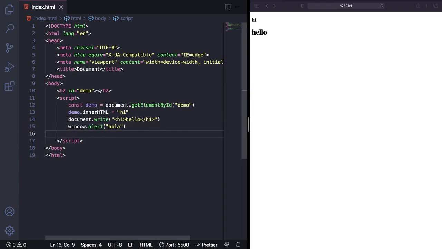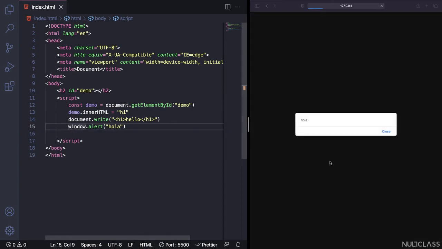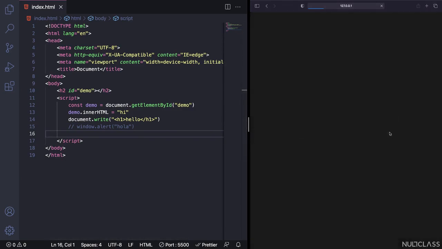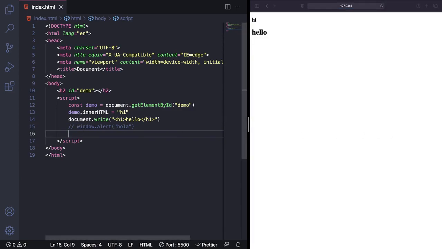So the next thing, let me just uncomment this or else it will show many things like this. So that's what I need to uncomment this. To comment this line of code, we can just use a pair of slashes. Or else you can use my shortcut, control or command slash, that's all. Then the next thing is nothing but console.log